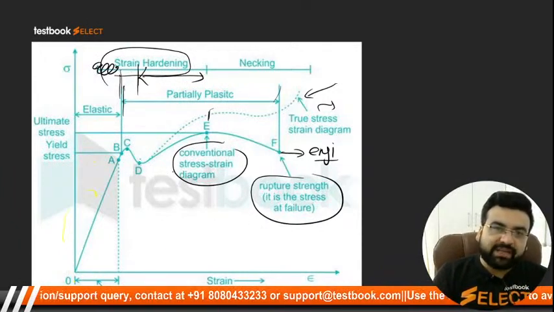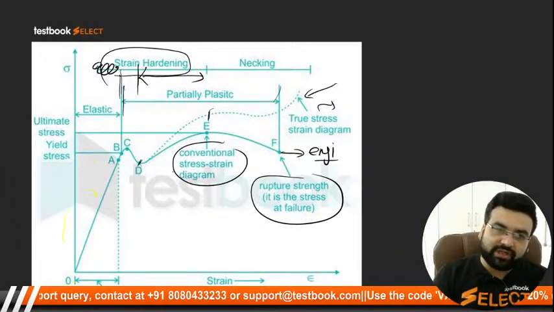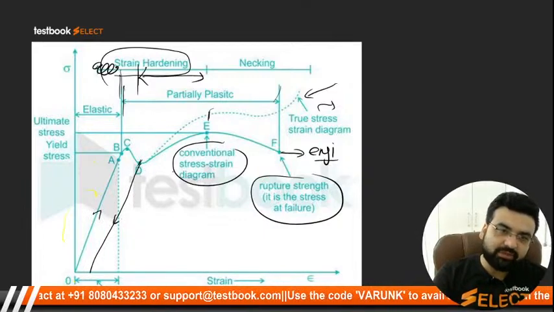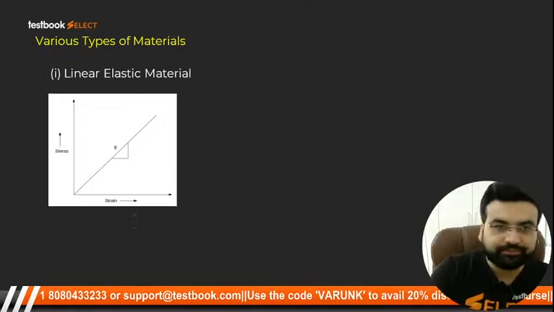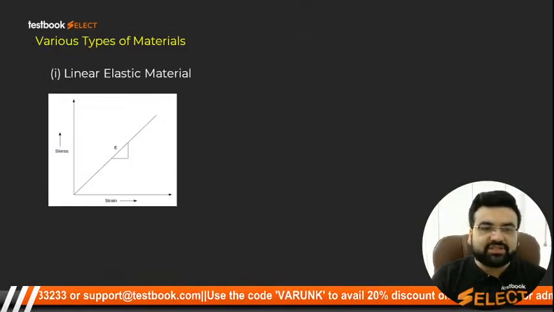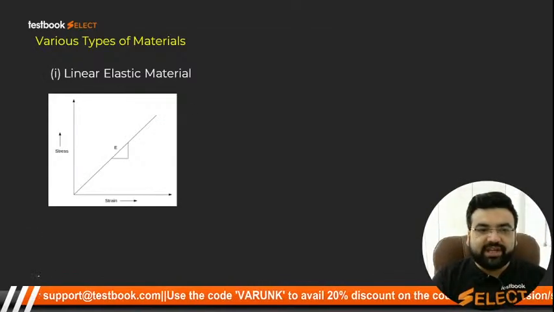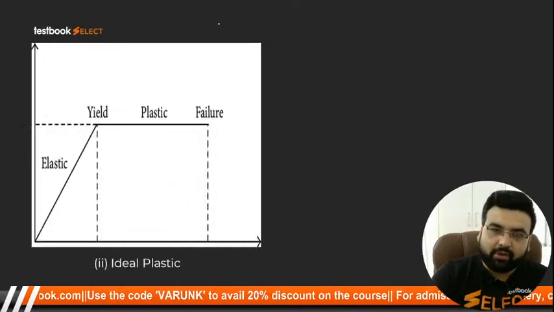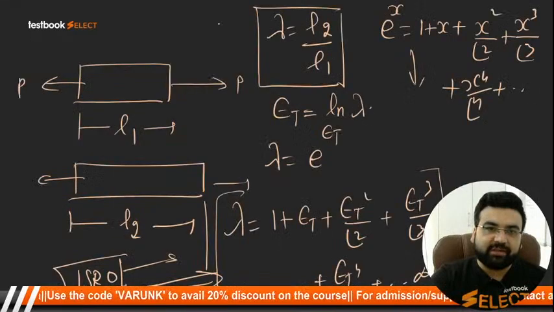Clear? If you remove the load, even up to D, then permanent deformation will occur, but the slope of the unloading line will be equal to the initial slope. Now based on the stress versus strain curve students, we can define the various types of materials, right? But before that, let me tell you about the stress versus strain curve in a brittle material.